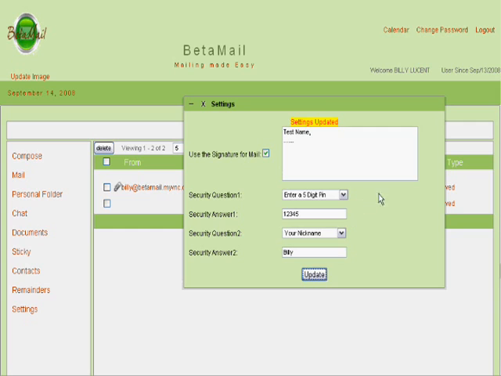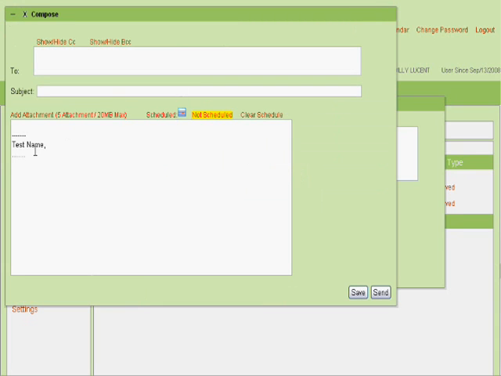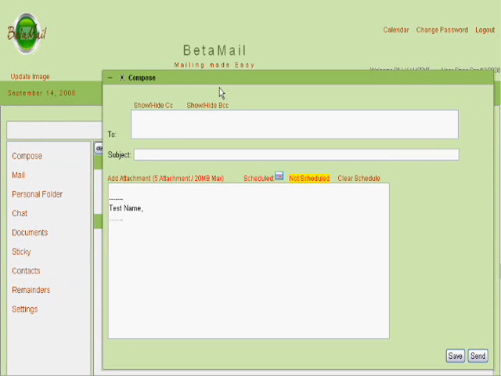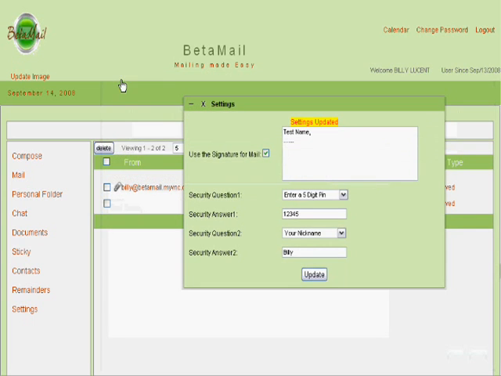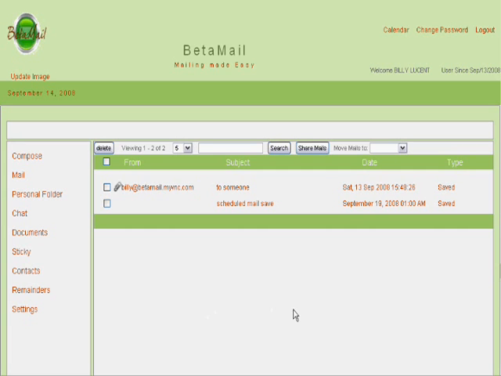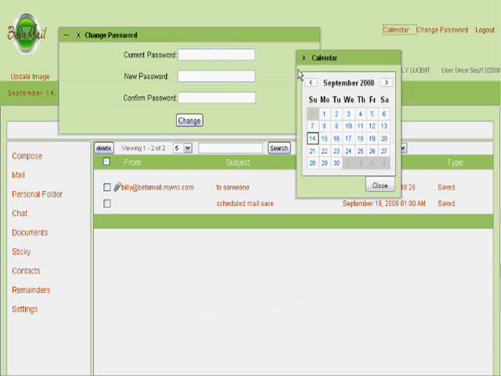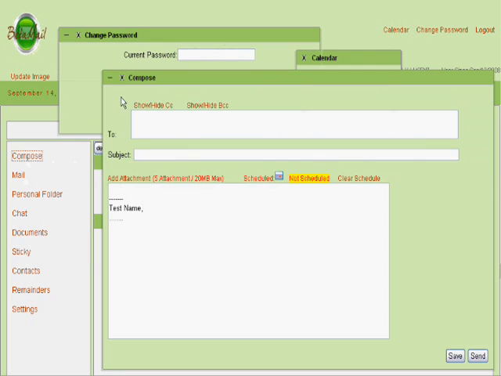Alright, now you can see the settings are updated. Alright, now let's go in the compose box and see if our signature comes up. As you can see, our signature is in our subject area box. There are a few more cool features that we will go over before we end this tour today. One of the cool features about BetaMail is you can open tasks parallelly. You can open change password, calendar, compose,